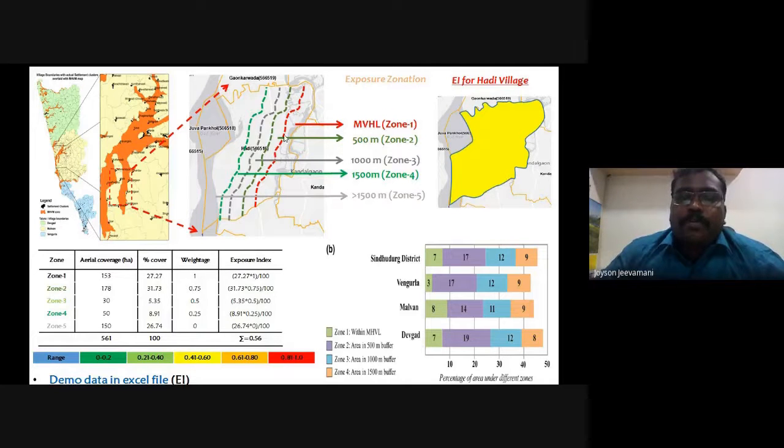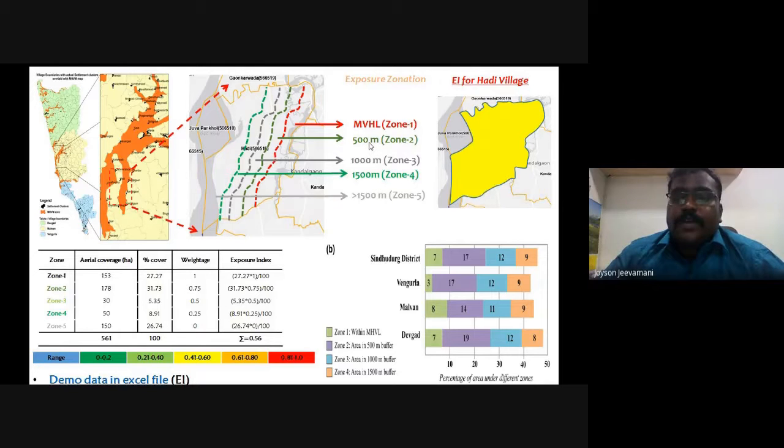and then we drew four different lines. That is 500 meters from this line, this is zone 2. Then 1000 meters from this line is zone 3. Then 1500 meters from this zone is zone 4, and finally above 1500. So we have five zones. Zone 1 is the original multi-hazard vulnerability map. For a particular village, how much it covers, that area will be calculated, and